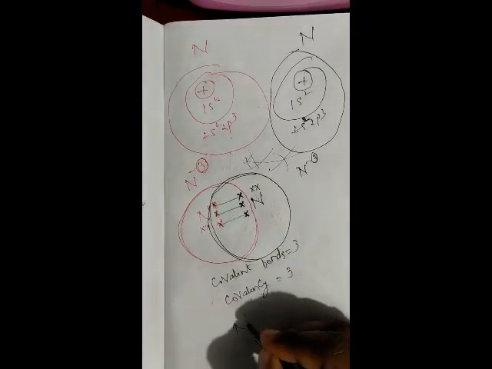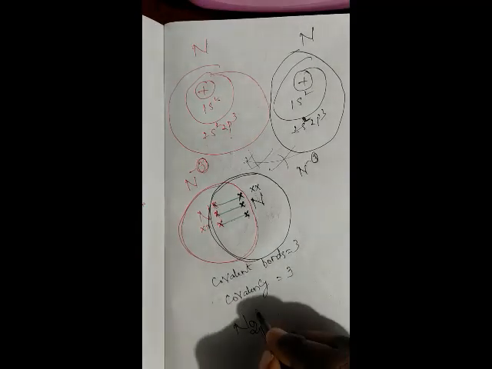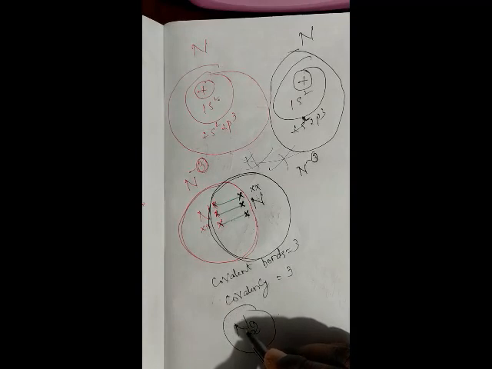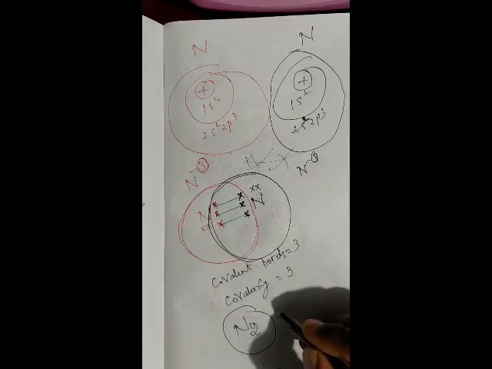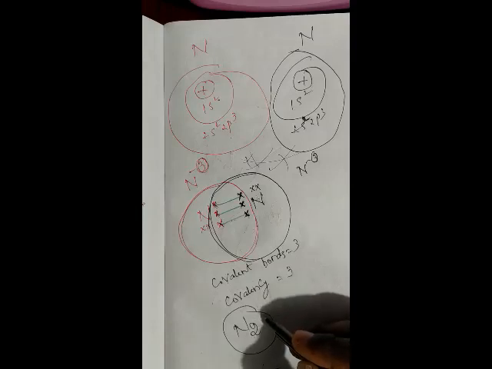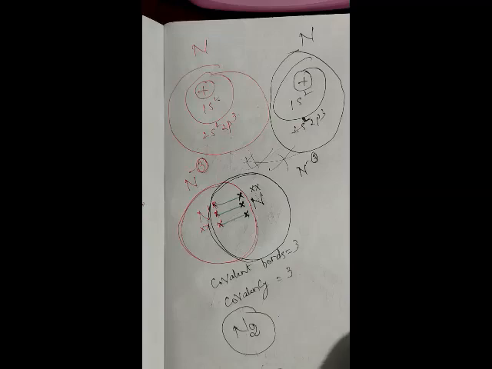Now the N2 molecule. In this N2 molecule, two nitrogen atoms are present. The two nitrogen atoms completely share their electrons with each other, so that's why it contains a covalent bond. So this N2 is known as a covalent molecule. It's not a covalent compound. This is a covalent molecule, a covalent element. Don't say covalent compound. Next.